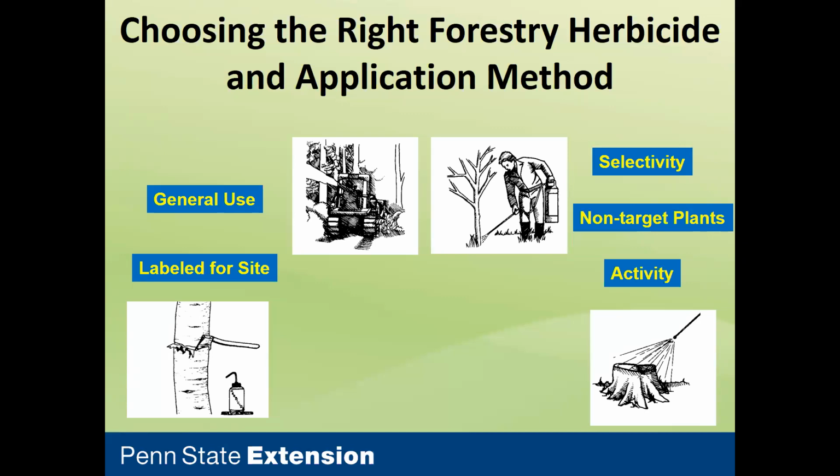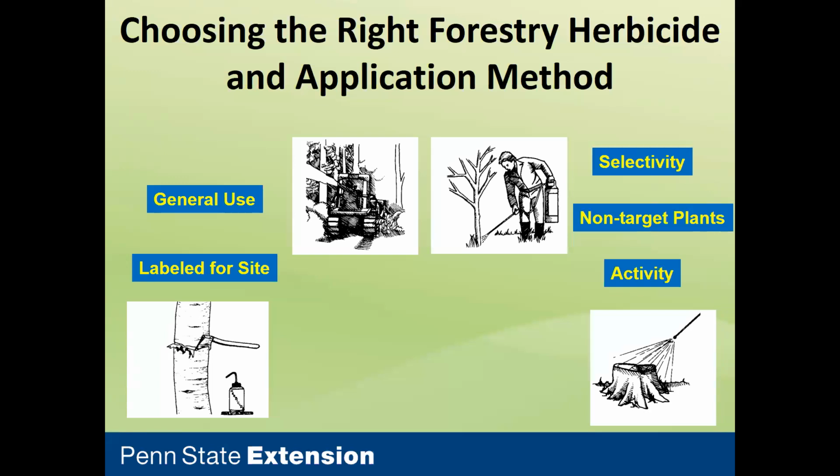And so don't be treating invasive plants under an understory of really desirable plants using imazapyr, because you're going to end up taking out the overstory more than likely. So you need to make sure that you understand the activity of the product that you're using. So in that scenario, I would say let's use glyphosate or triclopyr, and we can treat these invasive plants in our forest understory or the fern in that understory and not impact any of the overstory trees,